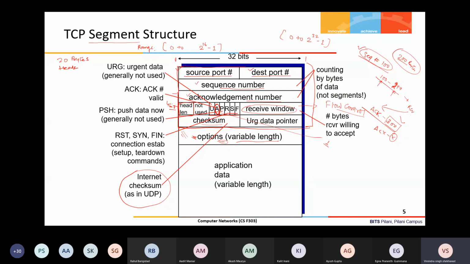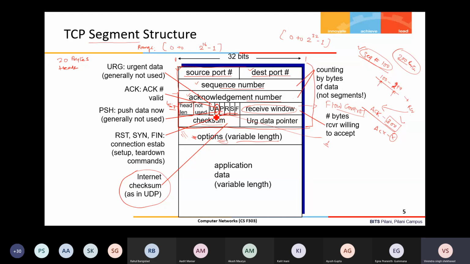So when the receiver is sending the acknowledgement of the data received from the sender, at that time it can put the information in the receive window that okay, my receiving capability is this much. It is a 16-bit field, so it may be 500 bytes or 1000 bytes, because the maximum number which can be represented is 65,535, right? So accordingly, a number can be set in that, and that indicates to the sender that I should not be sent more than that, because otherwise the receiver will be overwhelmed and its buffer will overflow, and due to that packet data loss can happen.